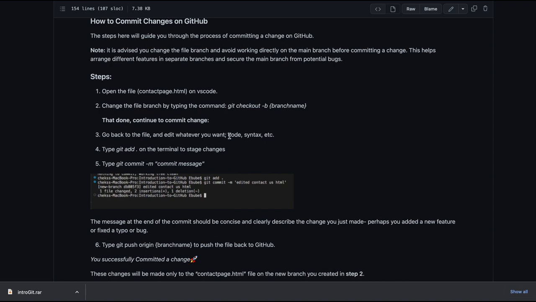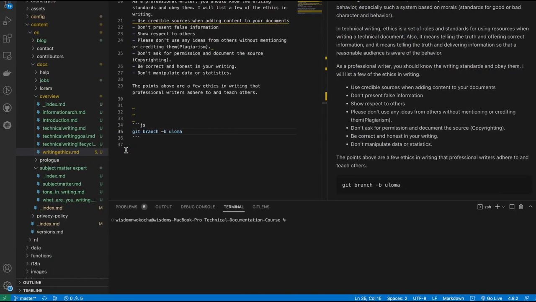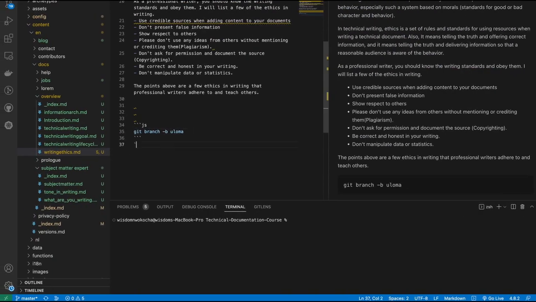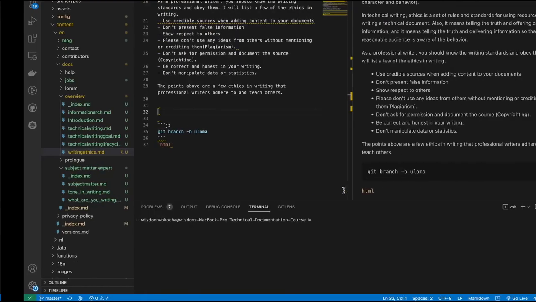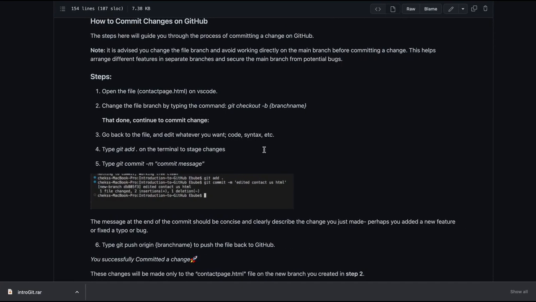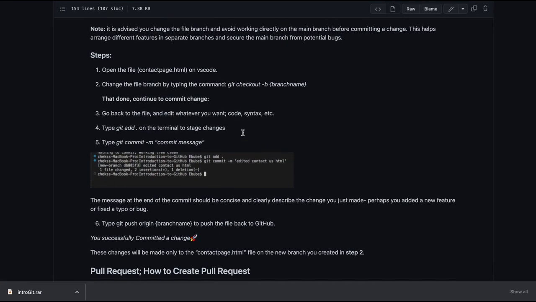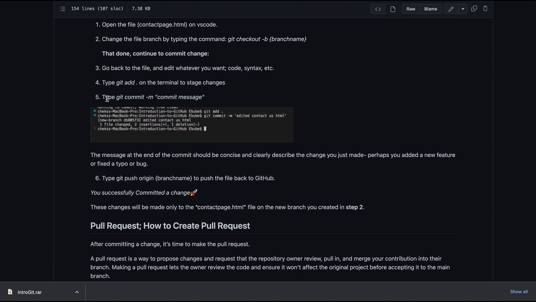So "edit whatever you want": code syntax, no. Specify. Type git add. Since you're typing, you add the code syntax for it. They also have the code syntax you want to use for a single line of code. Look at it. It will highlight it like this for you. So you can go back to our Markdown class to check for that. Type a commit message, add those code syntax here.